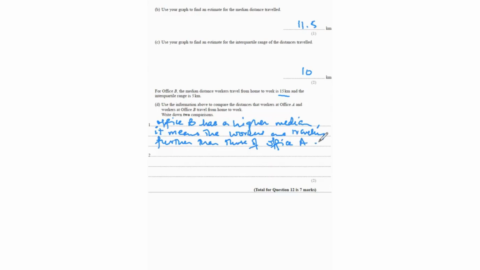But a higher median value means that they're doing that thing more frequently. So if the median value for the distance is higher, that means they're traveling further away compared to those of